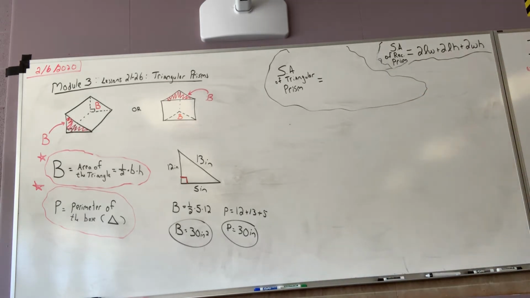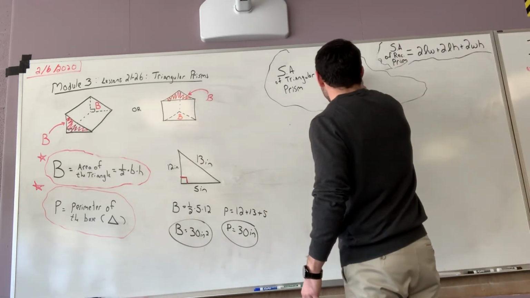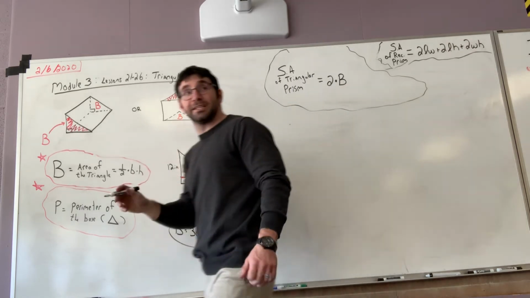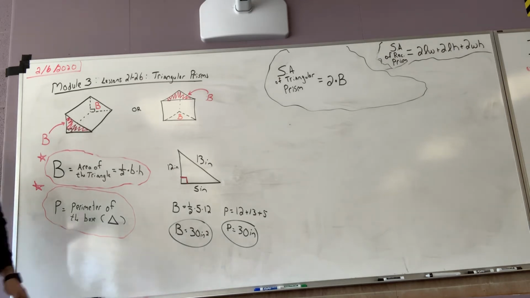How many bases do I have in a triangular prism? How many bases? What does that say? 2. I'm going to have 2 times big B, because big B is the area of the triangle. How many triangles? 2. Everybody with me? Plus